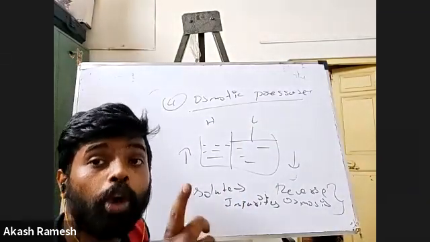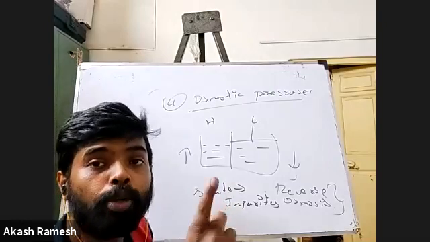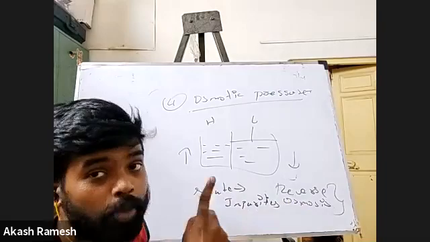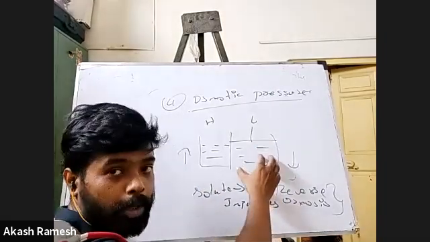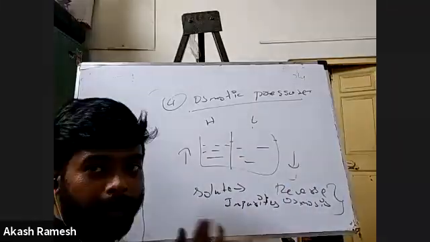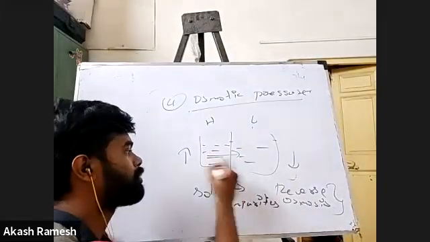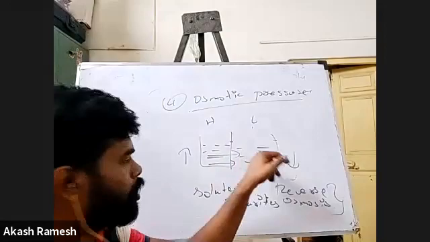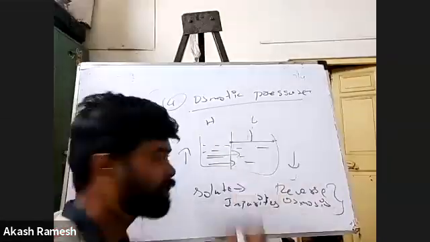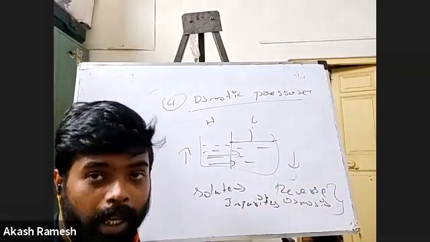We said the solute particles will move from lower concentration to higher concentration. That means what? Here I have already lesser impurities. So obviously if this is not there, what will happen? The impurities will go from this side to this side, and this side will get polluted more. But what I'm trying to do now, I'm going to exert a pressure on this side,